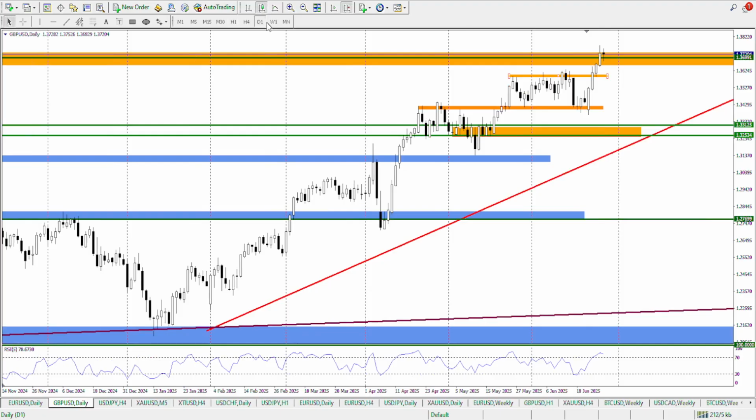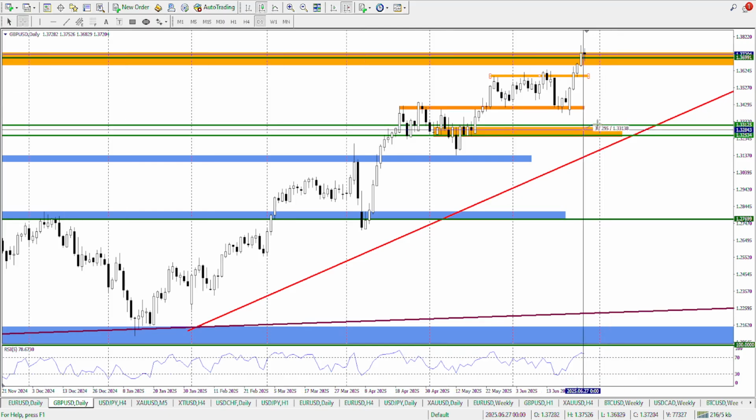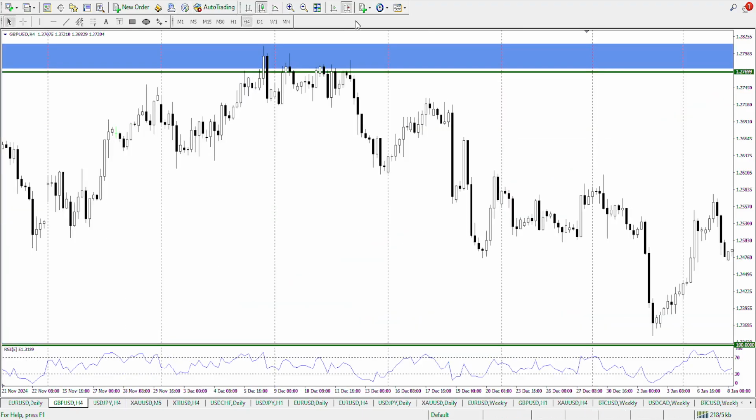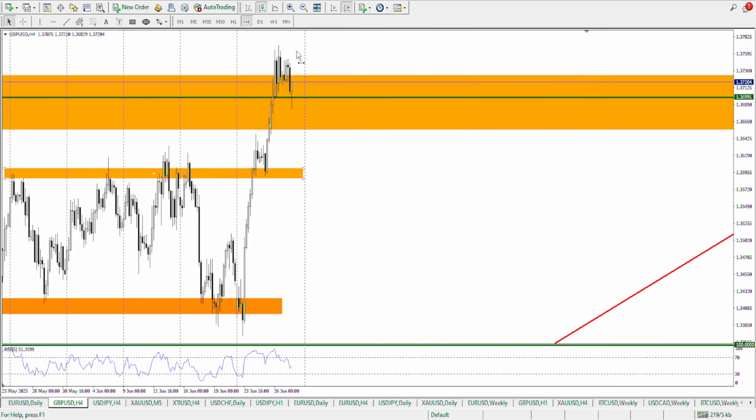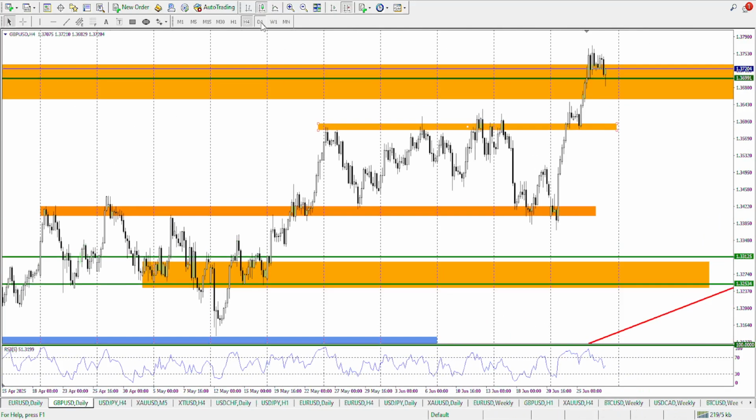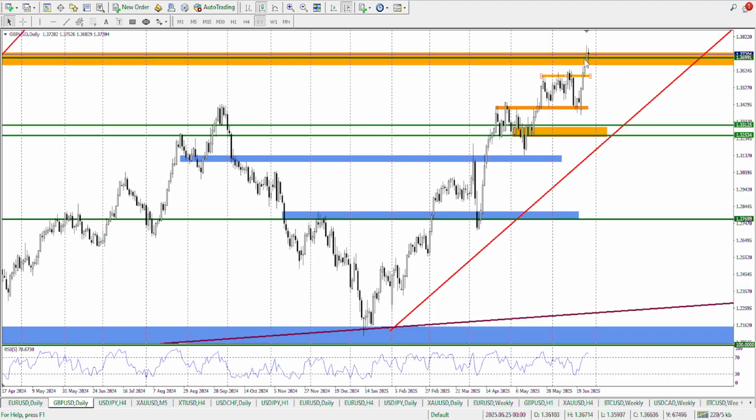Personally, I did not take it, because I would really like to re-enter from 1.33125 and 1.3253, approximately this zone. I didn't get a chance for the market to test this level, and that's why I left this one. So it further shows us that we have got a break above this structure,